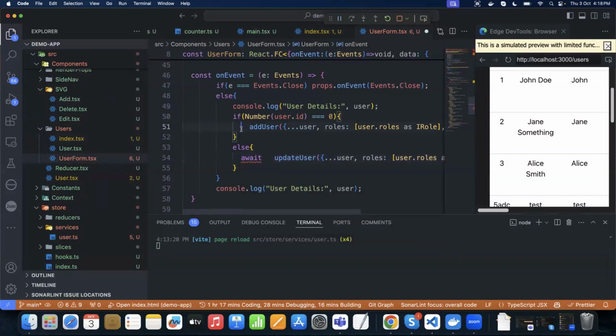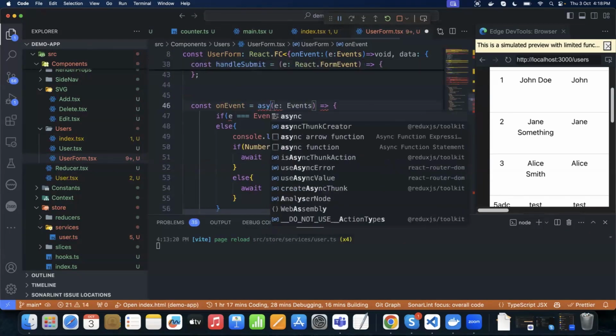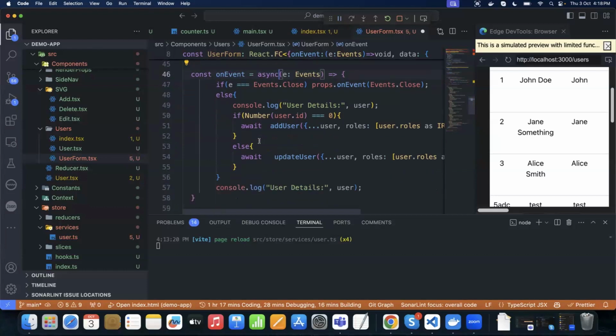We put await at this point. Then we can call the